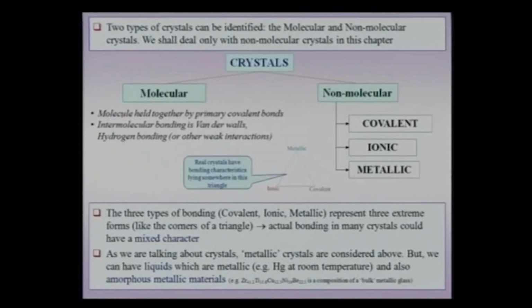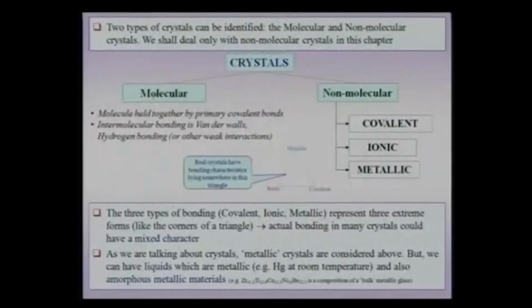which are covalent bonds. These molecules then go on to make a crystal using bonds which are much weaker, like the van der Waals bond or some other weak interaction, and therefore the bonding which is responsible for the formation of the crystal itself is actually a very weak bond. And there could, of course,